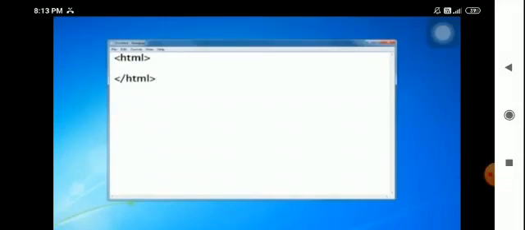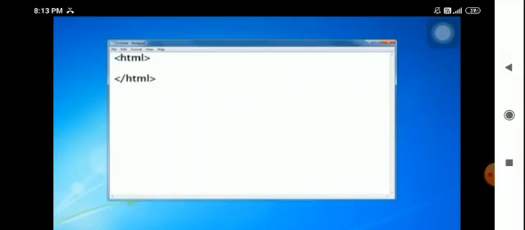The first tag you need in HTML is simply the HTML tag. Most tags in HTML need an opening and a closing tag. The first one is opening, the second one is closing, for which we use the backslash. In between these symbols, then down the closing tag, HTML with backslash. Everything in this particular HTML document now goes in between these tags.